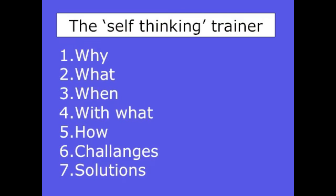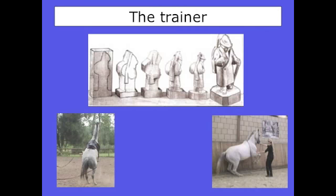So you have to be a self-thinking rider, that you know why am I doing something? What am I doing? When? And with what? And how? And that you know what challenges you can have and what solutions you can use. So it's very important that you are a trainer and that you know what your goal is,